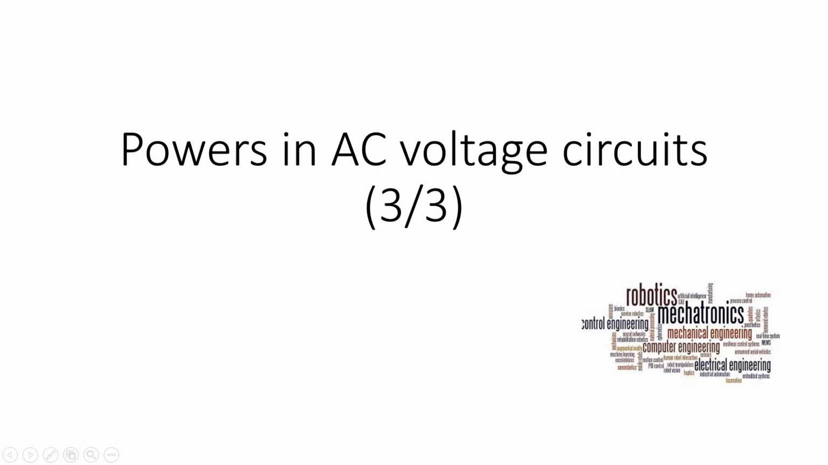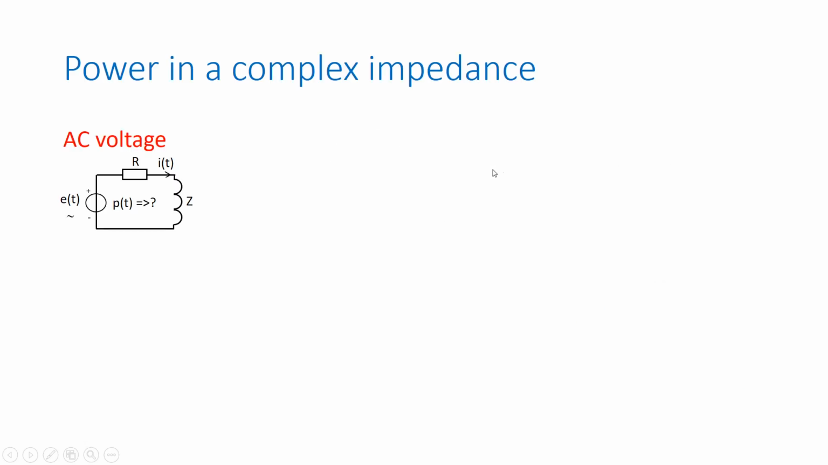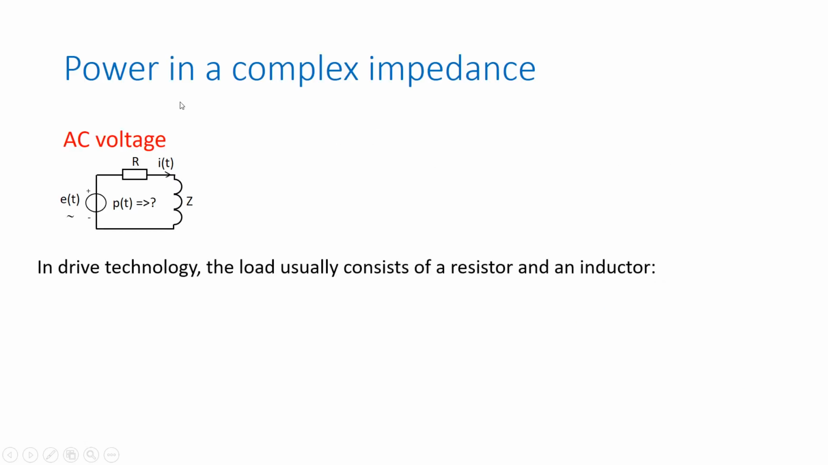Hello everybody, this is video number 3 about powers in AC voltage circuits. In this video we are going to use this circuit diagram which has been shown over here. This is a series connection of a resistor and an inductor which are connected to an AC voltage, and that combination, that series connection of a resistor and an inductor, is often used in drive technology because that equals the